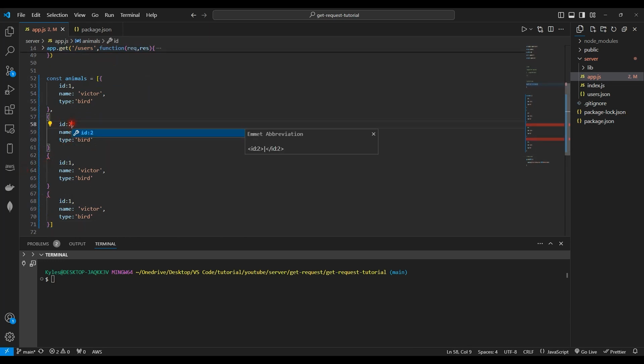We'll give this an ID of 2, name of James, this is a reptile. ID of 3, name of Kyle, and this will be a jaguar. And our last data set will be 4 with the name of Mary, and this can be a dog or a canine. So there you have it. We have animals and objects that have properties of ID, name, and the type of animal that we want to